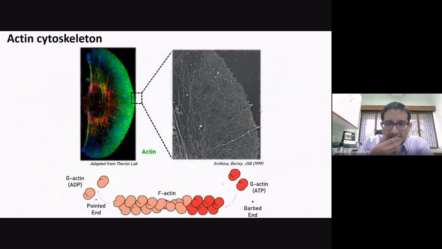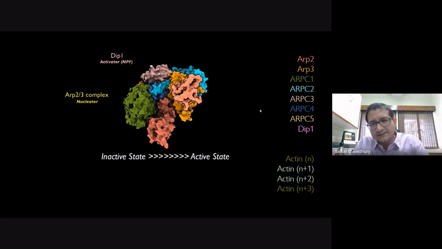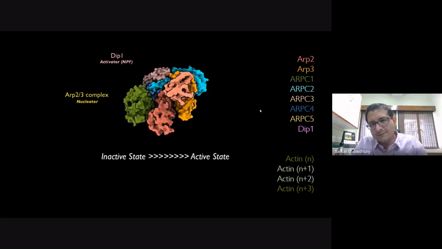methodologies. And quickly, I'll just tell you something that we work on in our lab. We try to understand cytoskeletal elements, more importantly the actin cytoskeleton. And there we try to understand these biopolymers, how they are nucleated and how those nucleations are regulated. I'll just give you a snapshot of what we could gain in the last 3-4 years from our lab: essentially we can understand one of these nucleators, which is called the Arp2/3 complex, how